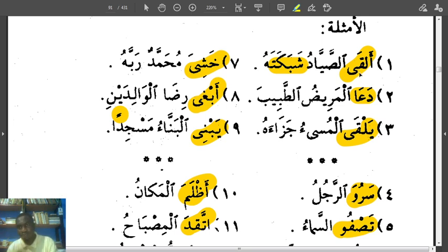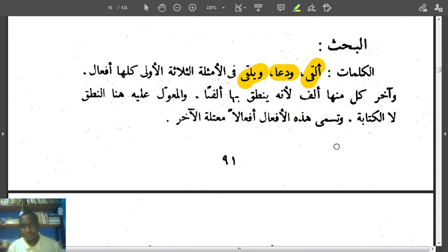ألقى is the root. The present tense becomes يلقي. يلقي. And then يلقى is also the present tense. Its past tense is لقية. They are not the same verbs. Okay, so we have الكلمات ألقى ودعا ويلقي